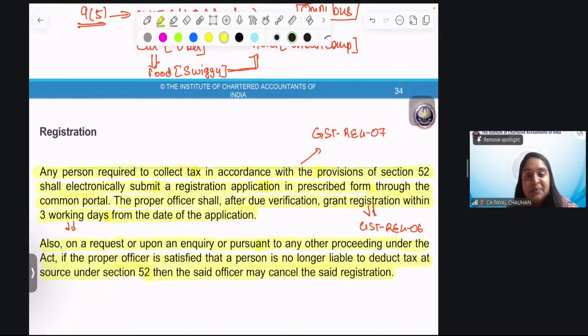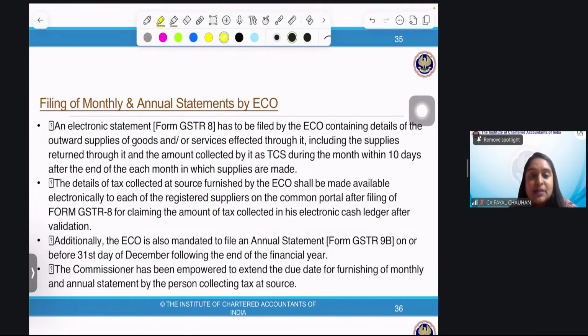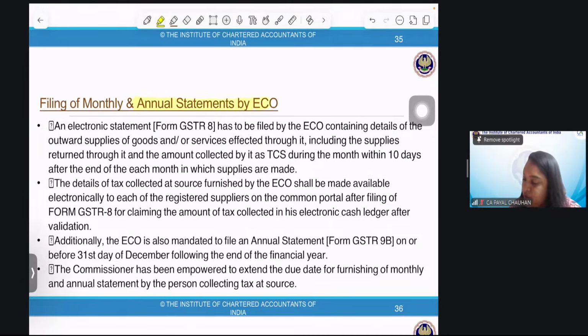Did you people get it? Normal registration, yes. Usually the registration form is same. Yes. Now then we have filing of monthly and annual statement by the ECO. This is the most favorite topic, right? Now we'll read it. An electronic statement, Form GSTR 8. Please remember that was GSTR 7. Registration can be cancelled too. Yes, if I'm no more liable to deduct TCS, then my registration will be cancelled